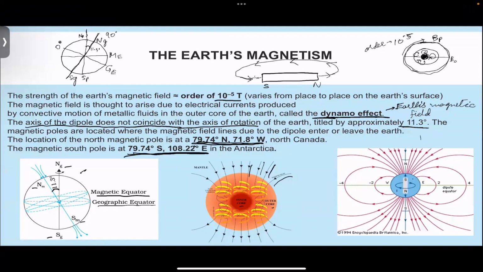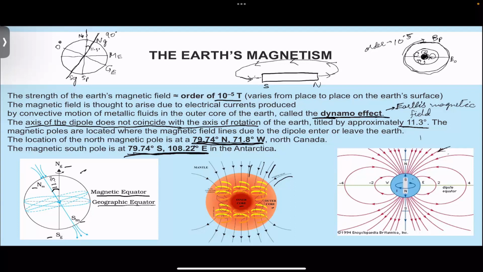Over here also you can see that the magnetic field lines associated with the magnetic field of the Earth have a direction different from what we know of the bar magnet. So hence we can say that there is a difference. And what is that difference? The difference is that